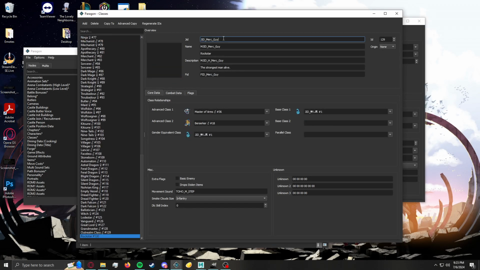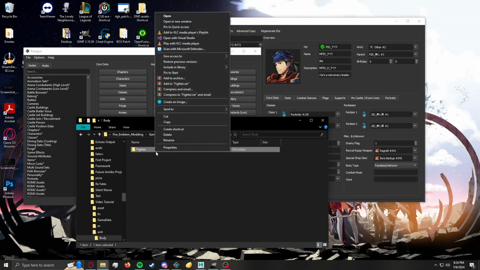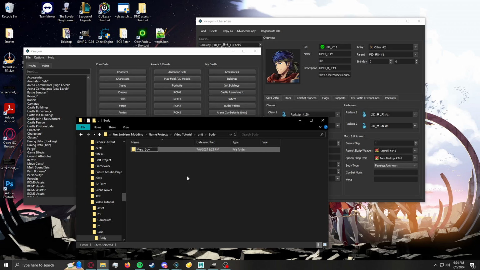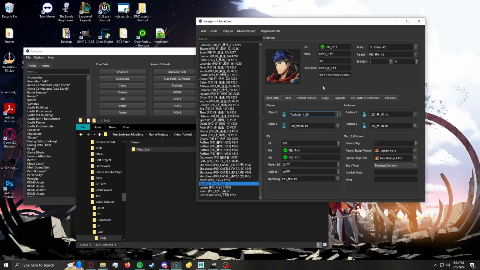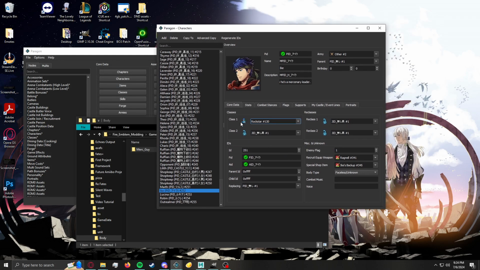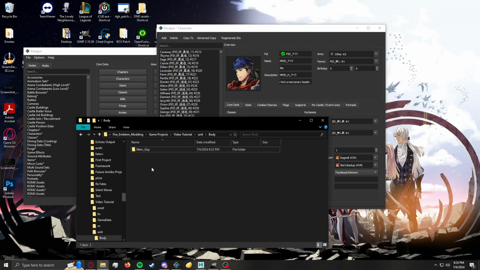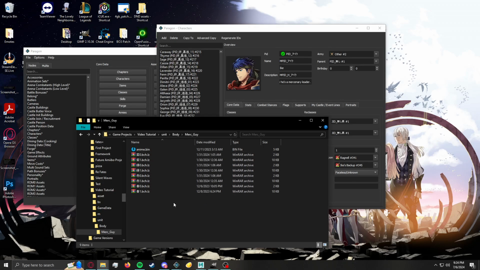Here we go. Merc guy. So we're just going to get these ones here. Merc and underscore guy is all we're going to need here. Okay, I'm going to rename this Merc guy. Press enter, and when I redo this to change him back, boom. Now Ike has a sprite. He has a body sprite that is using the copy-paste entry that I have. Just remember that if you're going to copy-paste the sprite and do it that way,